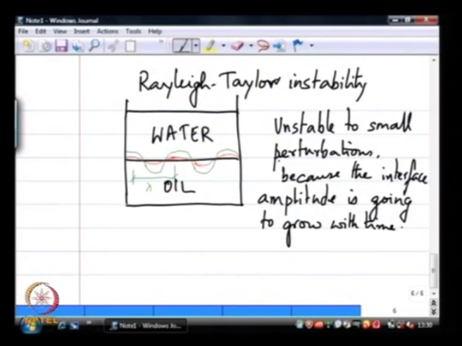So, whatever be lambda, if the meniscus were to return back to this condition with water on top and oil on top, then you can say that this is a stable equilibrium condition. So, with oil on top and with water at the bottom, it does not matter how you perturb the meniscus, as long as the perturbation is small in comparison to, let us say, the thickness of water and oil. As long as the amplitude of perturbation is